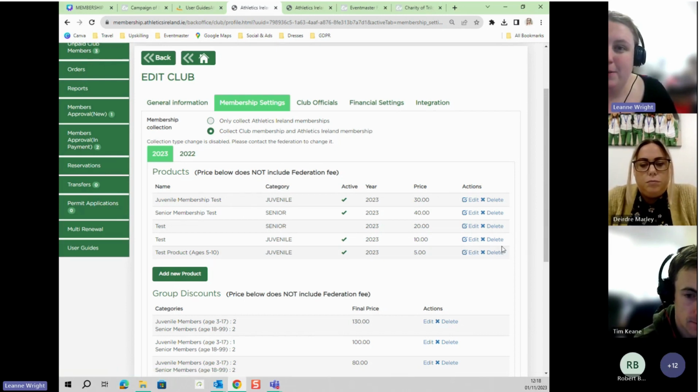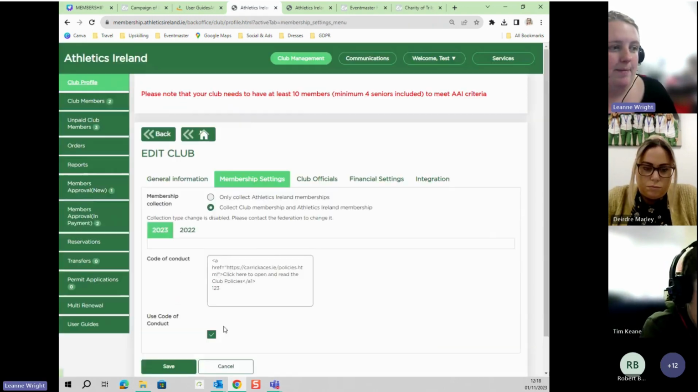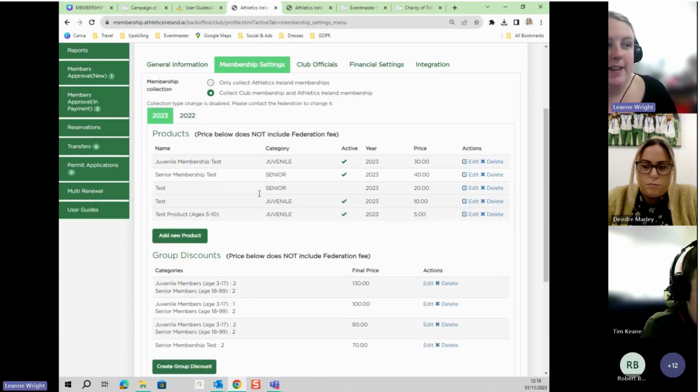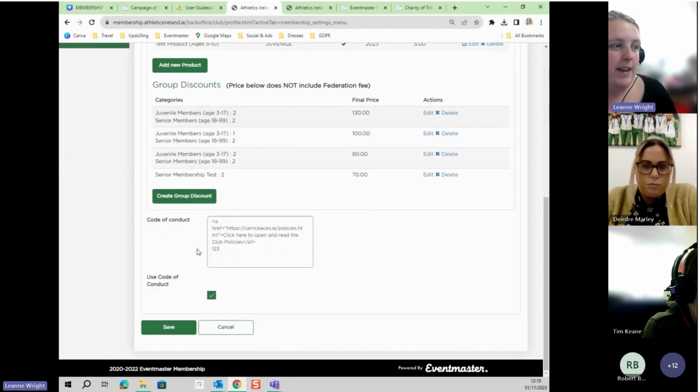You'll see the price listed, and then you can either delete this if you made a mistake or want to fix any products, or you can click on edit and you can make any changes in here as well. So yeah, you'll see there's a whole range there, and the process is the exact same for the juveniles and seniors. For the discounts as well,